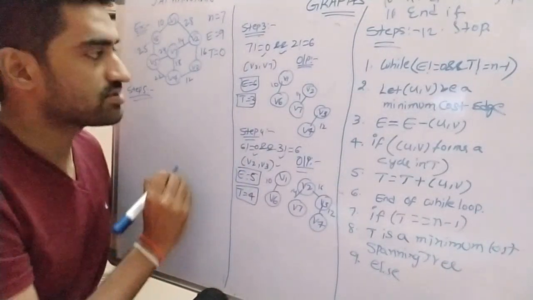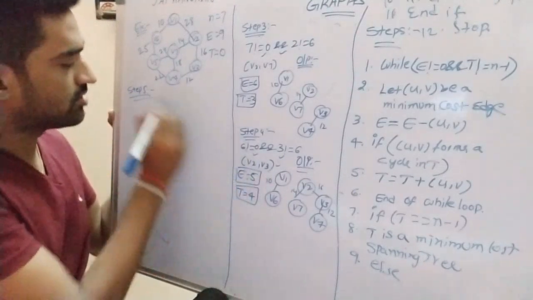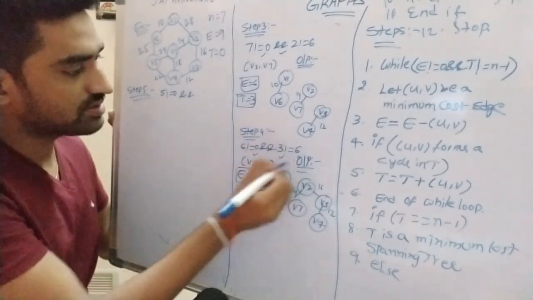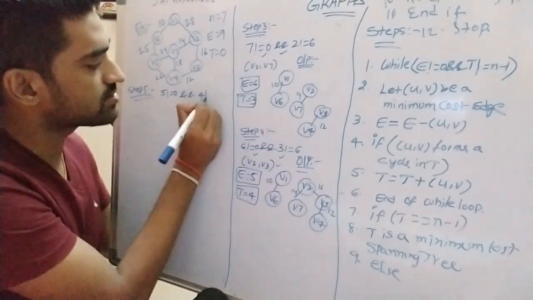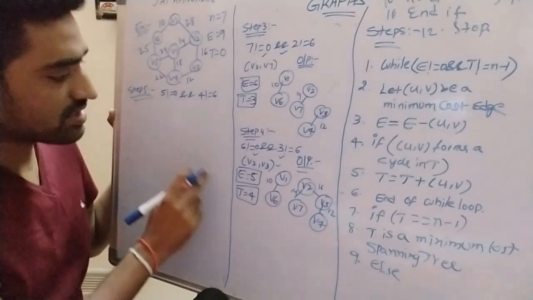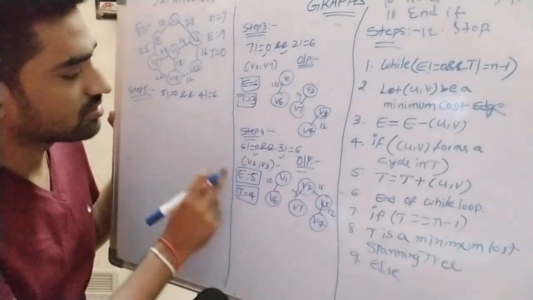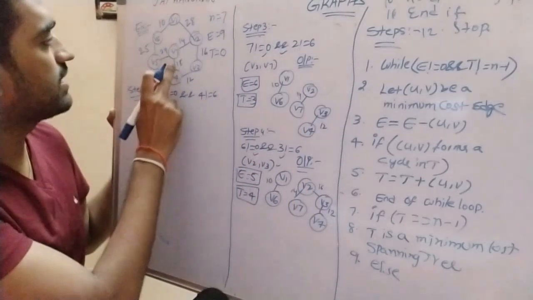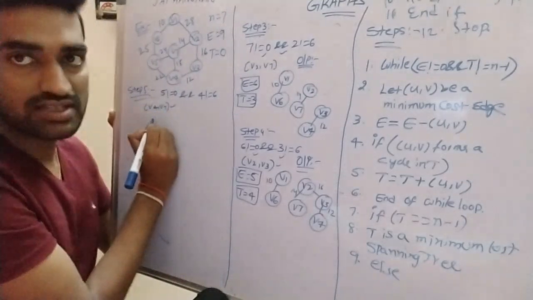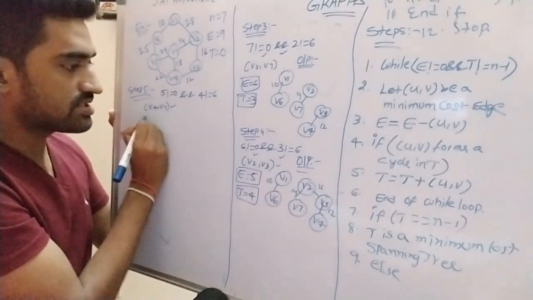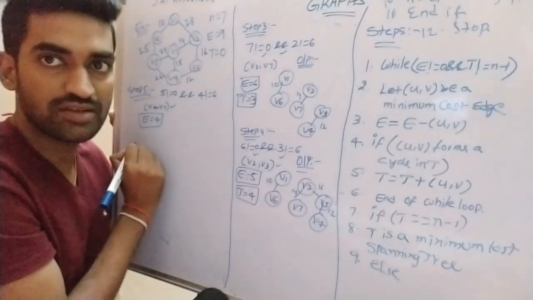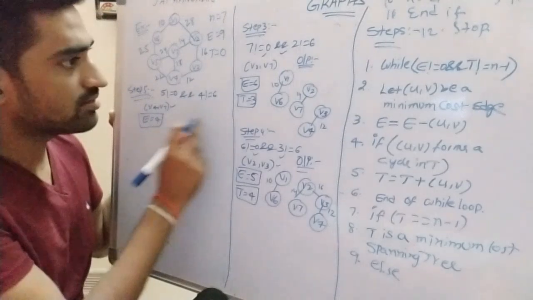Step 5. Right? So in step 5, we are checking the same condition. 5 not equal to 0, logical AND of 4 not equal to 6. So both are true. Then we are choosing the minimum cost edge. What is the next minimum cost edge? 16, 18. V4, V7. V4, V7 is the minimum cost edge. So that's why this can be deleted from the set of network edges. Now E value becomes 4.